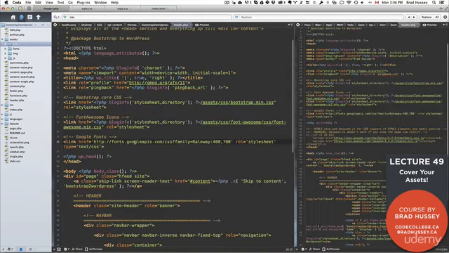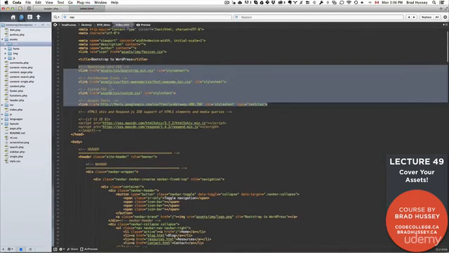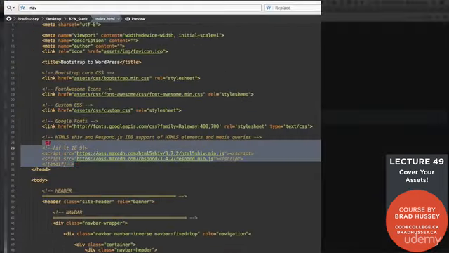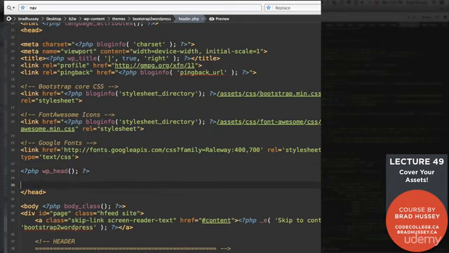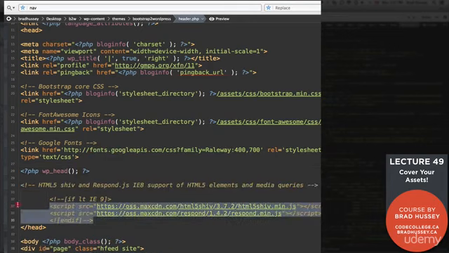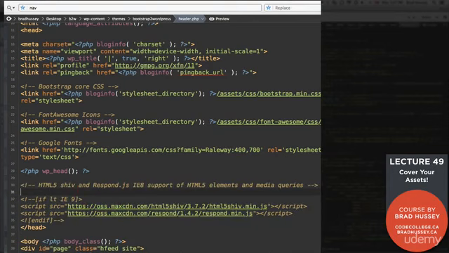Let's go back to our header. One more thing we're missing here is under our Google Fonts. In our static site, we have the HTML5 shiv and the IE9 max CDN links. So copy those, and we're going to put them under wp_head. It's important to do that because this needs to be last in our head here. So the HTML5 shiv,